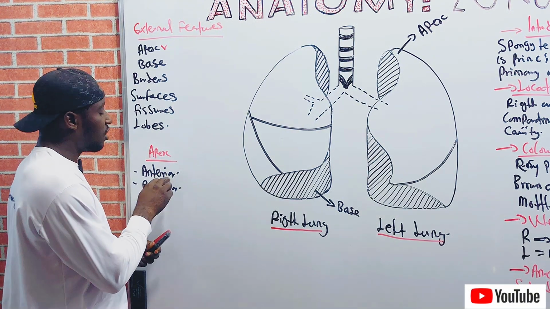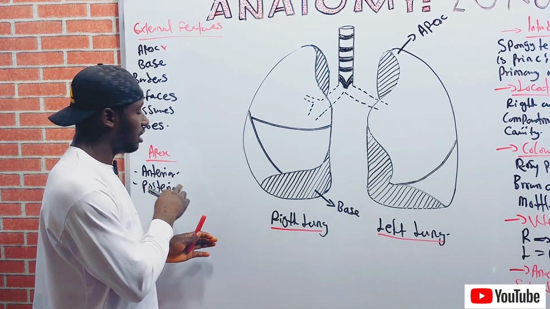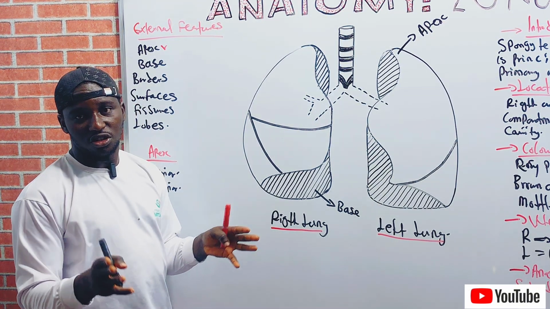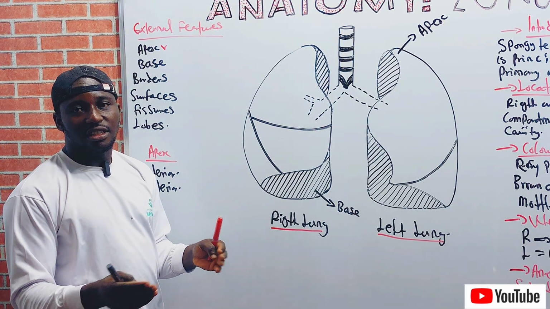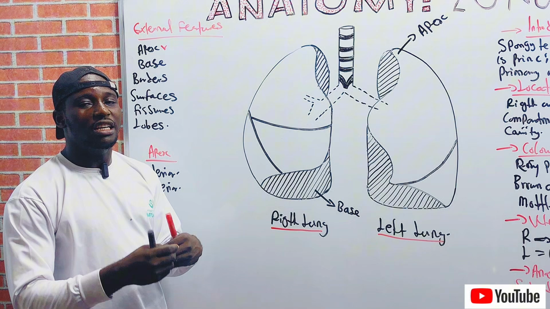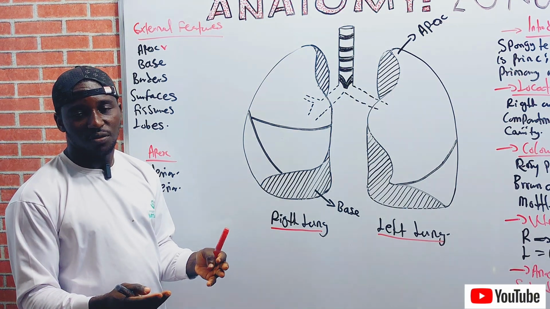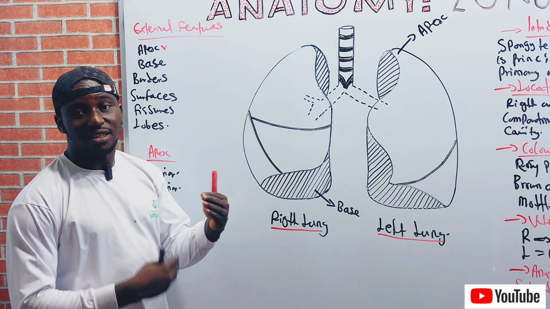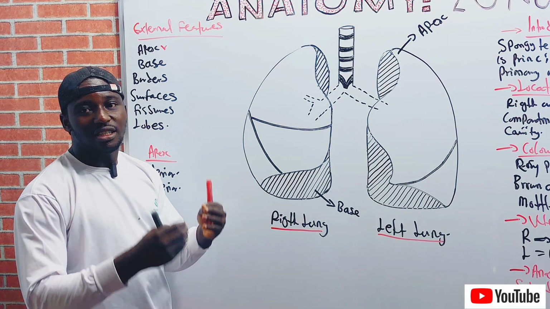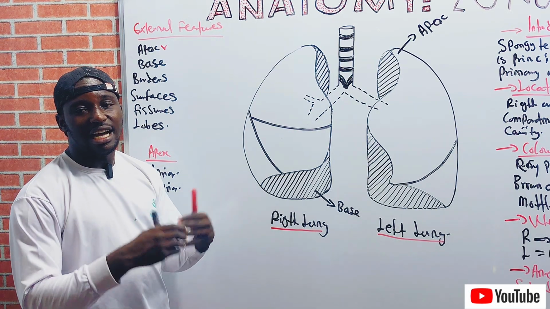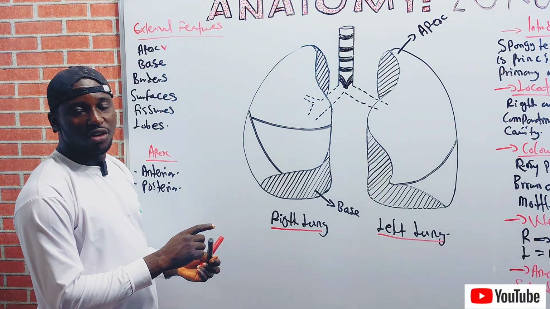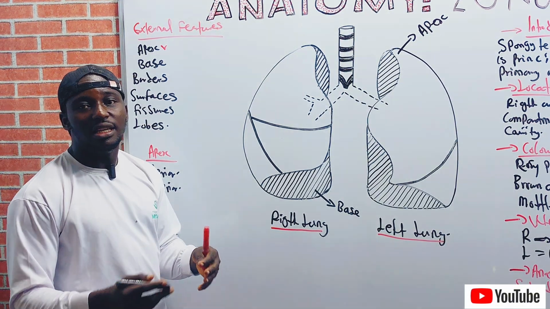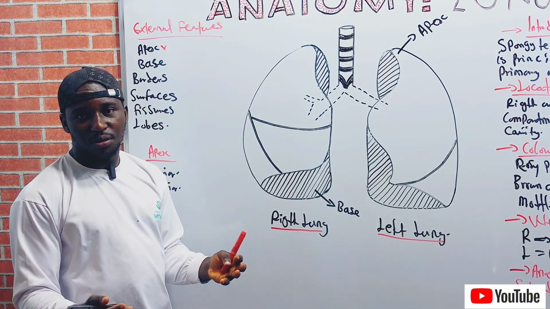Anteriorly, it is related to the subclavian artery, the internal thoracic artery, and the anterior scalenus muscle. Those are the structures that it is related to. Now, the posterior relation: it is related to the neck of the first rib and the structures